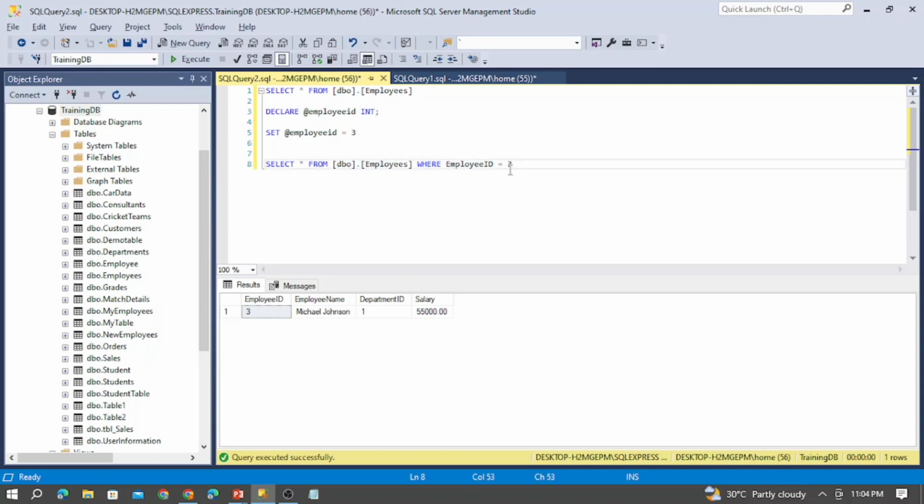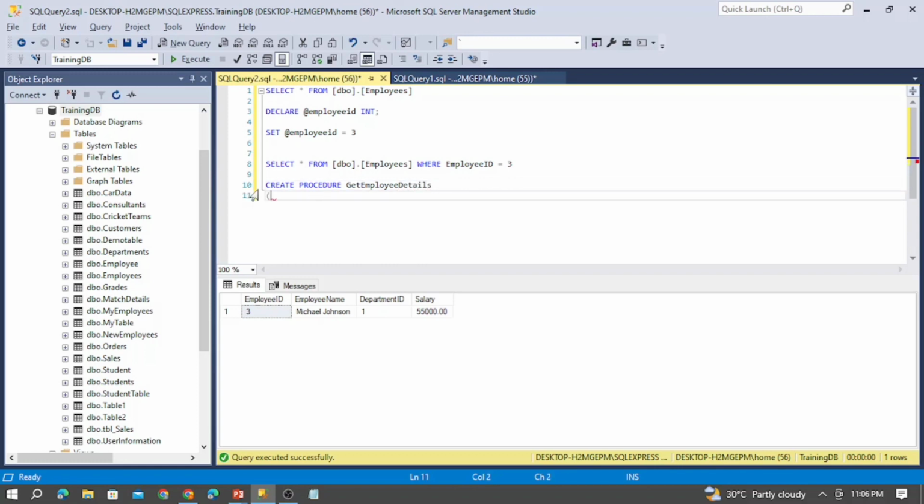So what if you need to make this dynamic? If you are creating a stored procedure or a function, and you need to fetch the data for an output window, which can be a web application or a web page, then you need to configure your stored procedure with a dynamic variable, fetch the ID from the website, pass it to the SQL Server and fetch the rows. So now let me create a procedure. You need to use the CREATE PROCEDURE command and provide the name for the procedure. Let me give it GetEmployeeDetails,